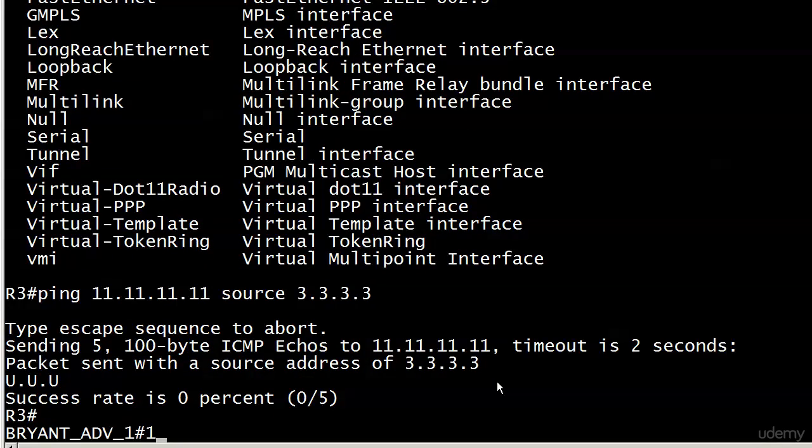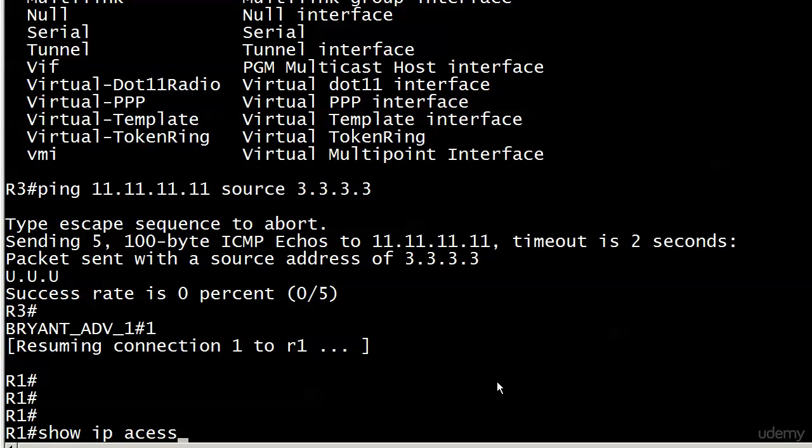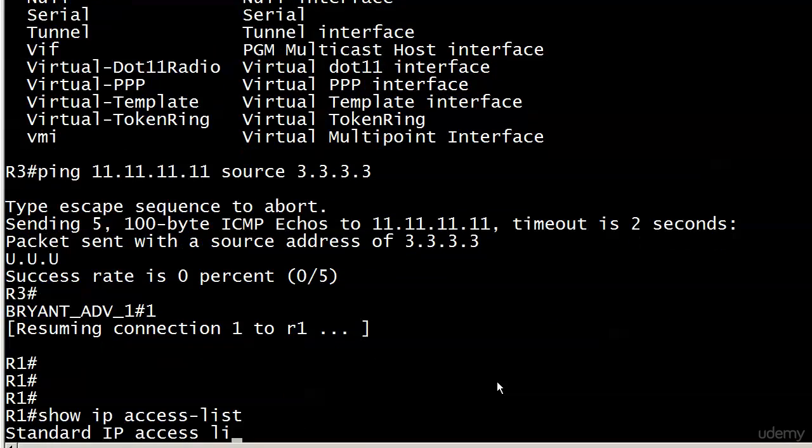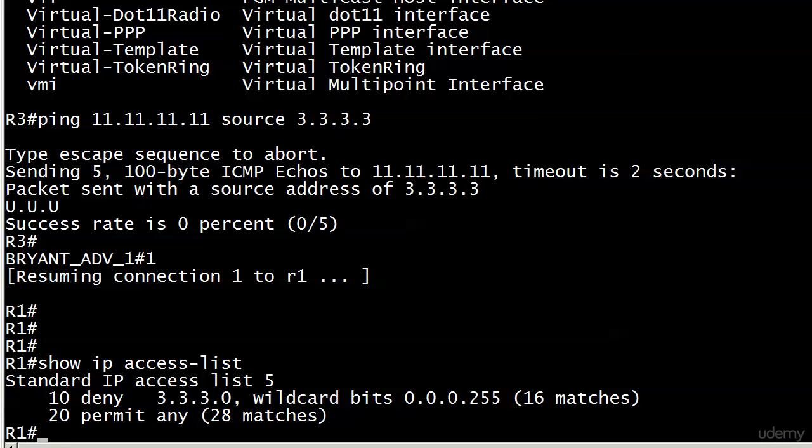So let's go over to router 1. I want to do a show IP access-list. And why did I do that even though I only have one ACL? Because I just want to check and make sure I'm deleting the right ACL. Not that this ever happened to me, but you're looking at a config and you've got 40 ACLs on there and you go, okay, take number 31 off. And you meant to take number 32 off. That's not good. So before you delete an access list, especially in real world networking, I strongly suggest you run